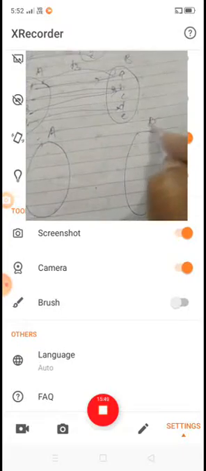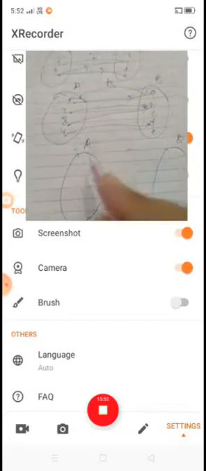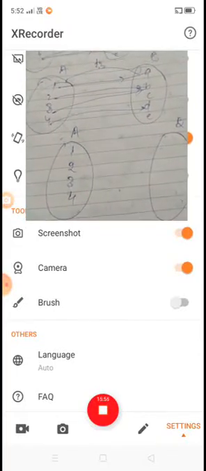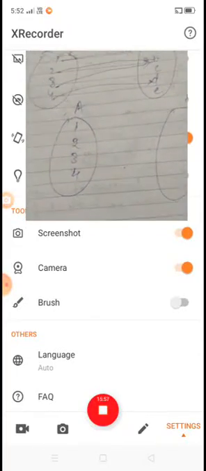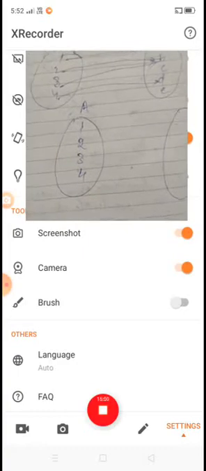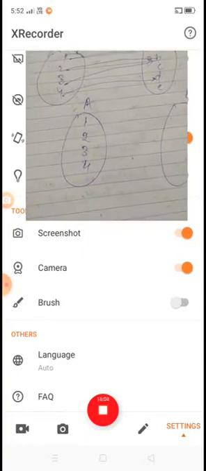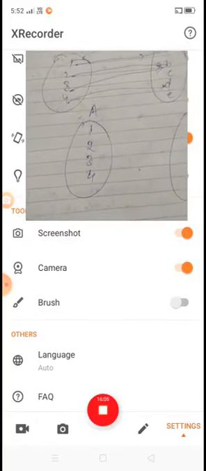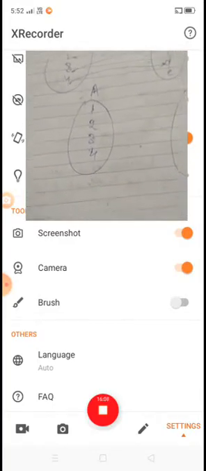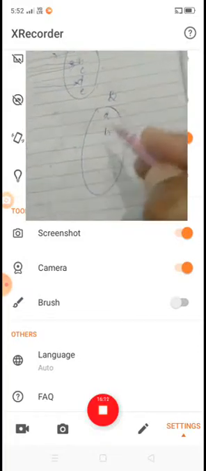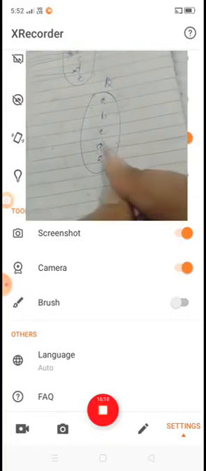And the last one, set A, set B, 1, 2, 3, 4, and inside B a, b, c, d, e.